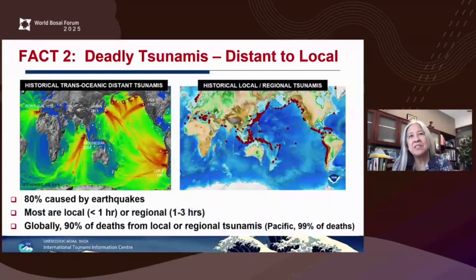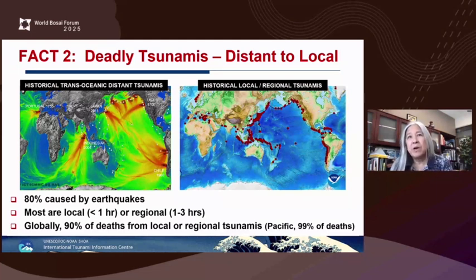So next. And then if we move past that and we actually look at, well, where are these deadly tsunamis located? What you can see on the left is a slide that shows the tsunamis that have gone across the ocean, the so-called mega tsunamis, by and large in the Pacific Ocean from South America and the Aleutians and Japan, but also, of course, from 2004 in Indonesia, and then 1755 in Portugal.